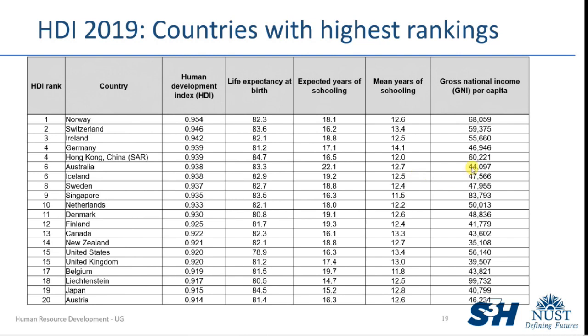Okay, and this is Australia, 44. This is more than double, right? This for Liechtenstein, the GNI per capita, as compared to Australia, is more than double. But Australia is 6th in the list. Liechtenstein is 18th, and this is again because of the relatively lower scores as compared to Australia in life expectancy. Expected years of schooling